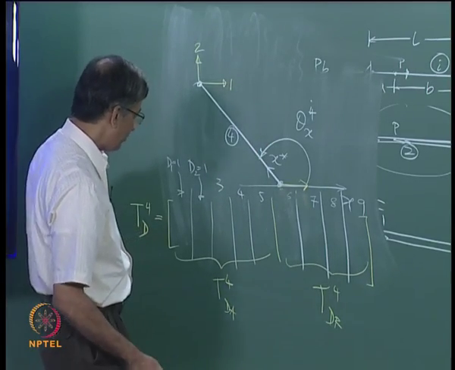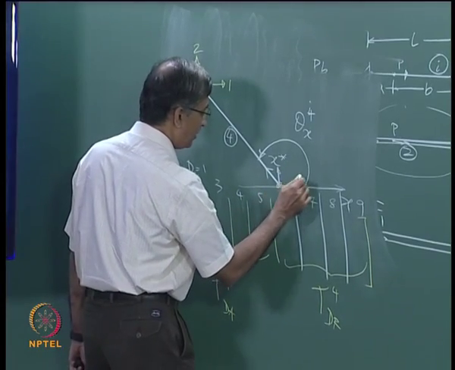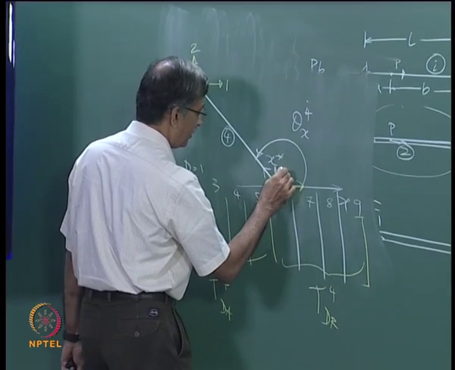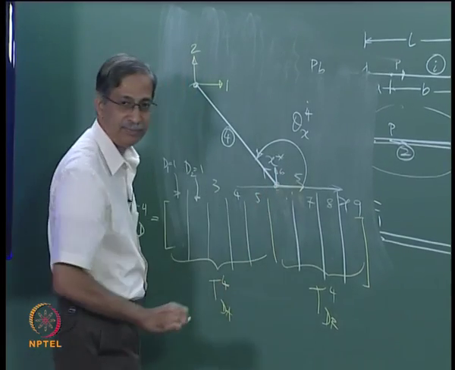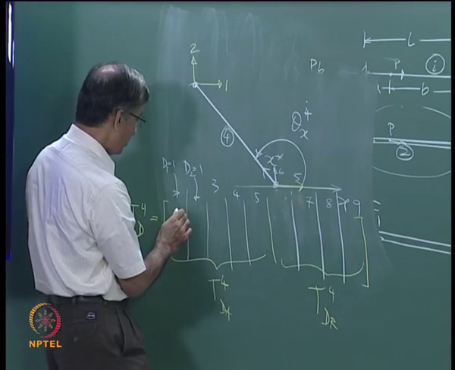Now how do I fill up? Which will be 0 and which will not be 0? I've got this is 6 and this is 5. So let's be very clear. I'll have a non-zero value here. So let me put a tick